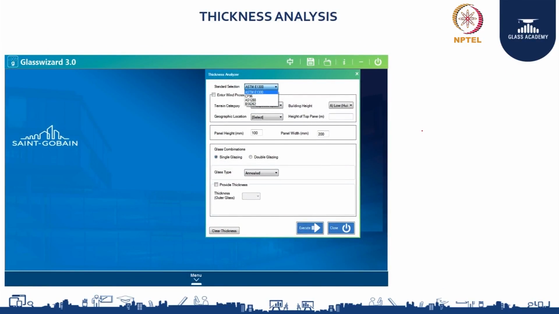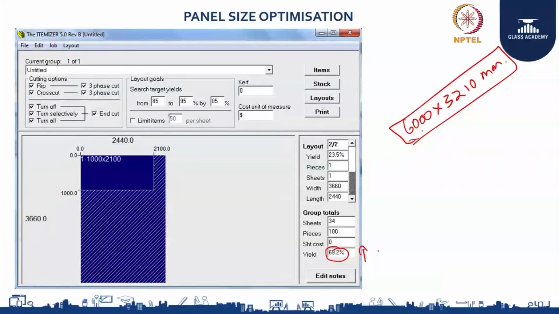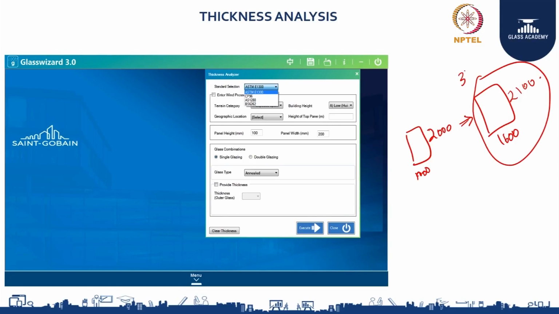But one more thing is your safety aspect. So when you are resizing your grid, say from 1200 mm, 1000 mm, you are going to resize it to say 1600 mm, maintaining the same height. So from 1000 by 2100, I am increasing to 1600 by 2100, say for example. So this is matching with one of my manufacturer's sizes, and it has a very low wastage, say 3% or 4%, or say 5%, lesser than your natural wastage.